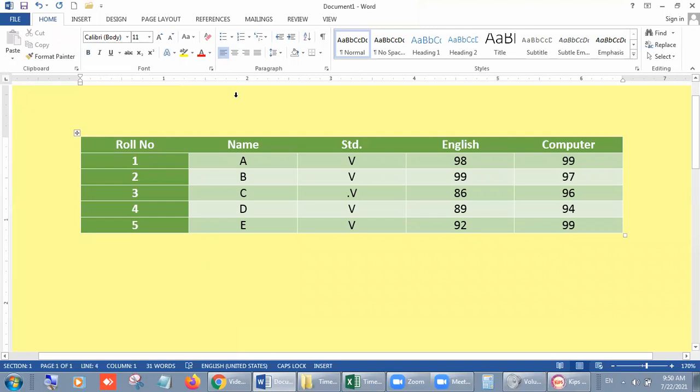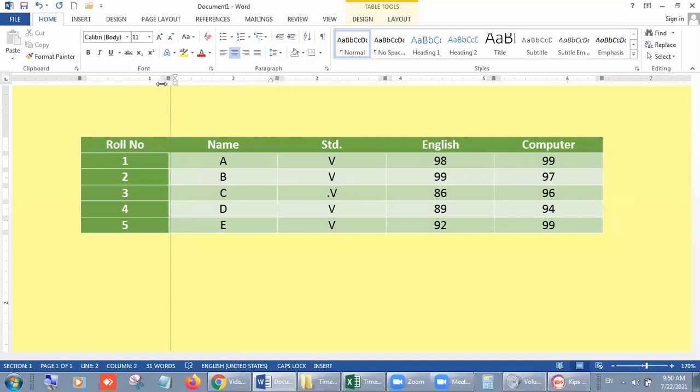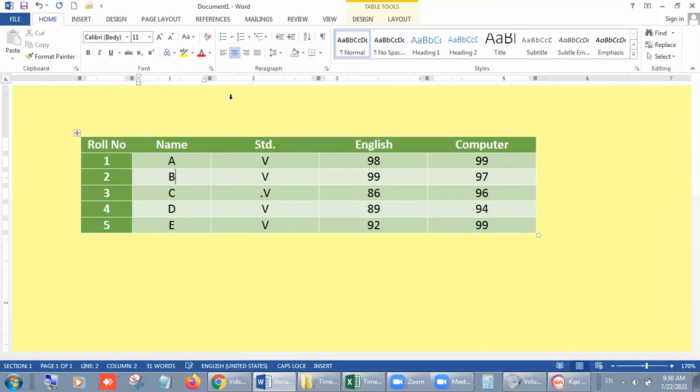I am doing it again. If you click outside the table, there is nothing on the ruler. But when you click inside the table, some ruler points appear on the columns. If you want to reduce the size of a column, go on this Move Table Column marker, click on it and drag it as you need. Suppose like this. Now name is also very big, so you can change its size also.